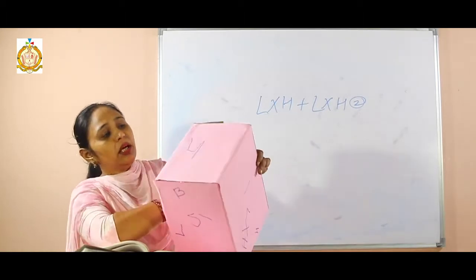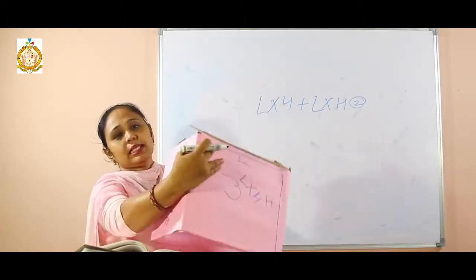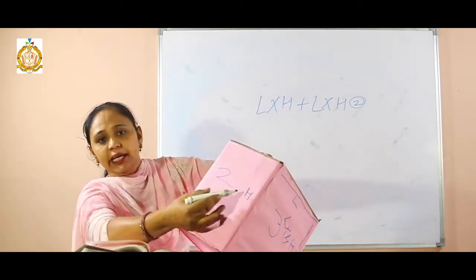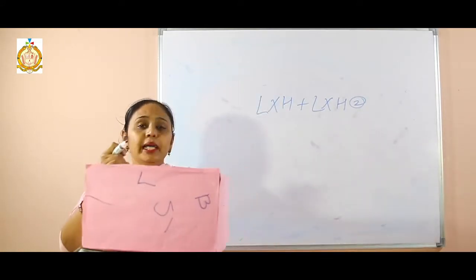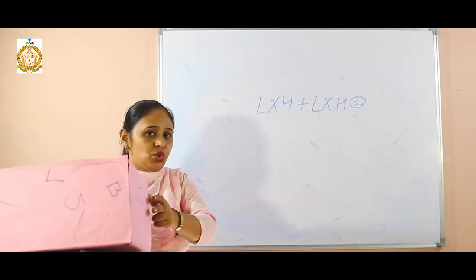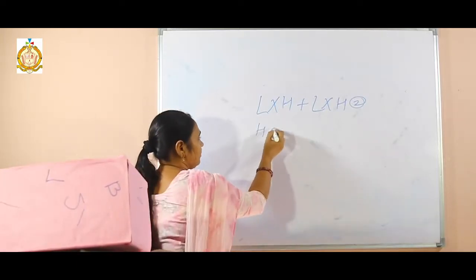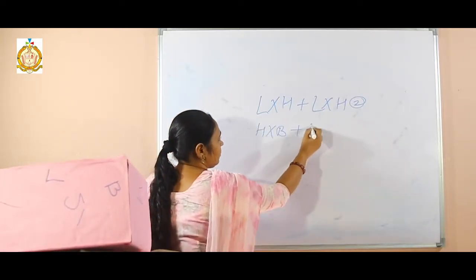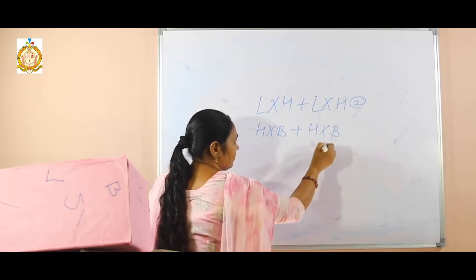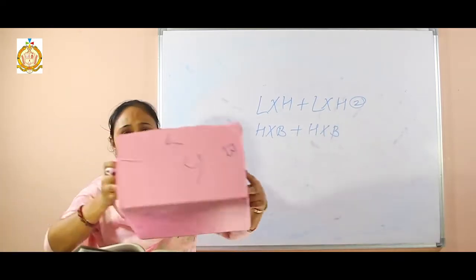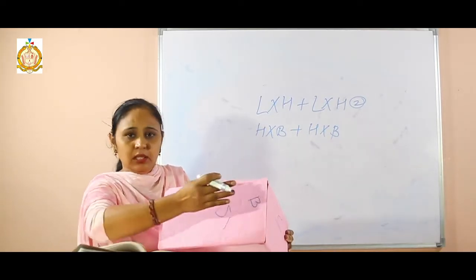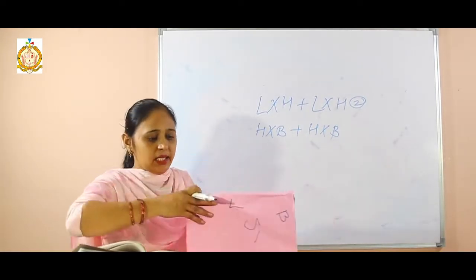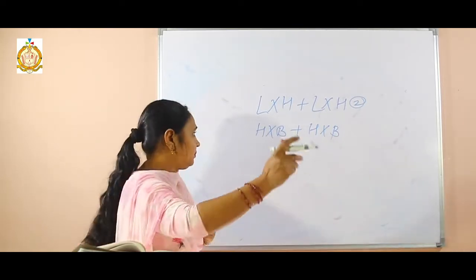Then the next, I go to this side. Now there is this side and this side, both are the same. There is height and breadth. This and this side become height and breadth, also 2 times. Then I come to the third side, this one. Now there is length multiply breadth. The same on that side, length multiply breadth.